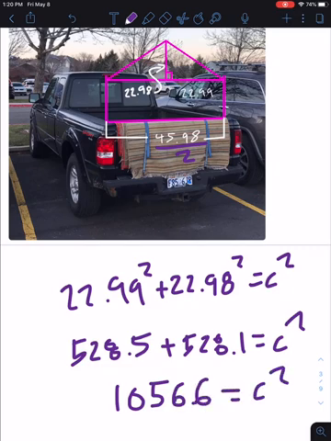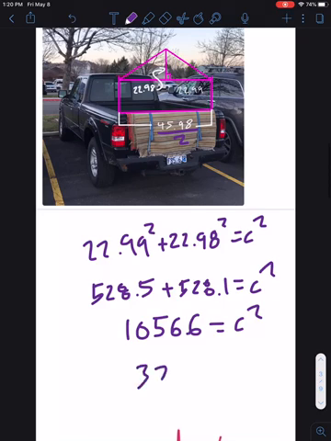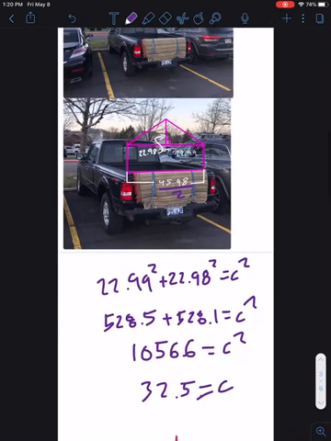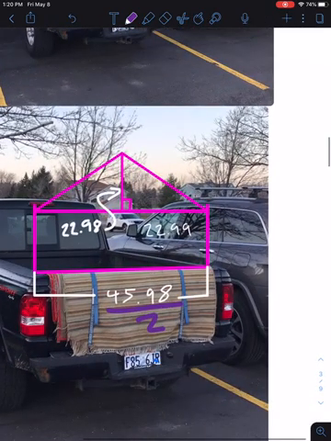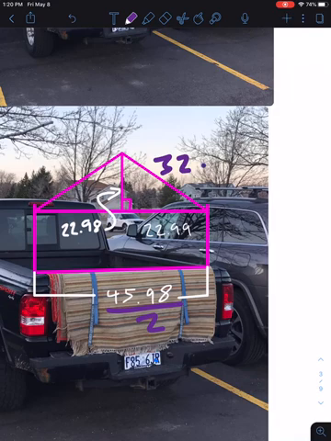Now, if we take the square root of that 1,056.6, we get roughly 32.5 is equal to c. And that is in inches. All right, so once I figured out that this length has to be 32.5 inches, I cut it out